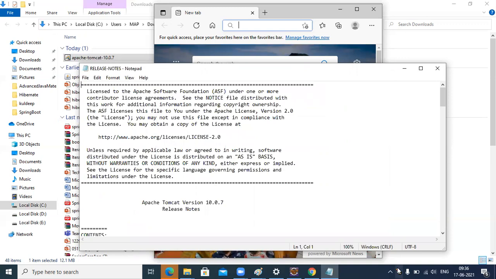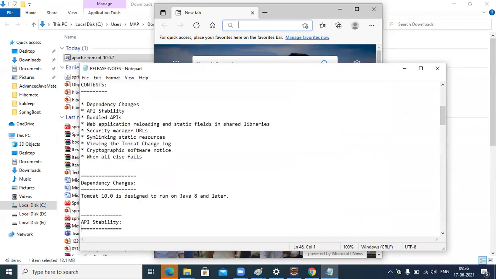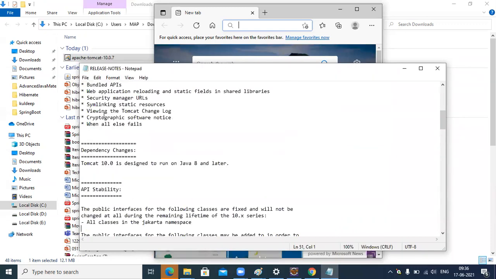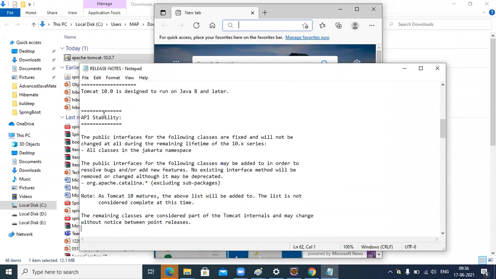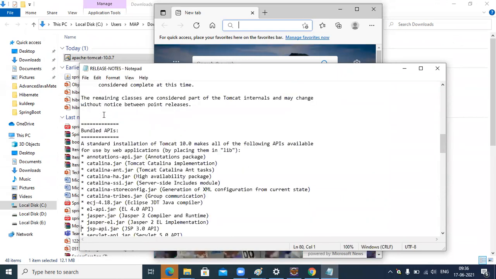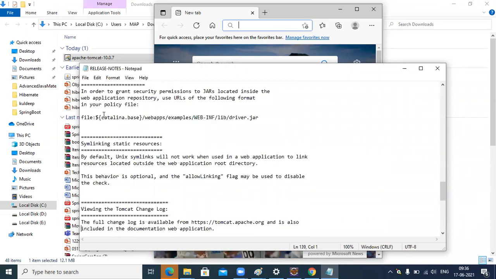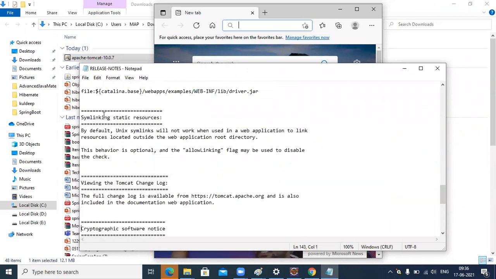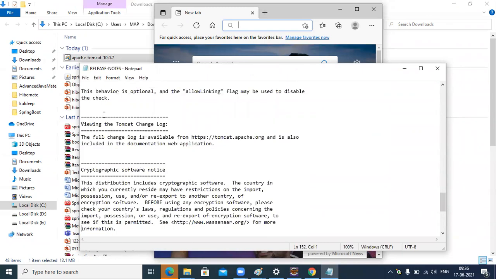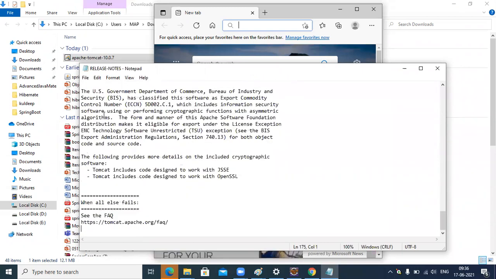Okay, see here, this is the Tomcat server which is running, and these are the release notes. So you can go through this. What is the username? What is the password? What are the privileges? Manager privileges, admin privileges. All these instructions are given in this. If at all you configure the Tomcat server, this will be handy for what all things to use. So these are the release notes. You can go through them.